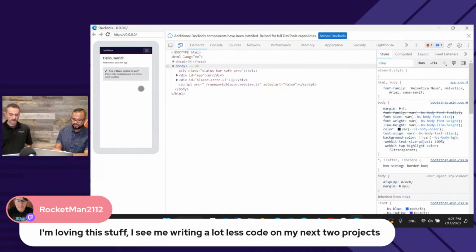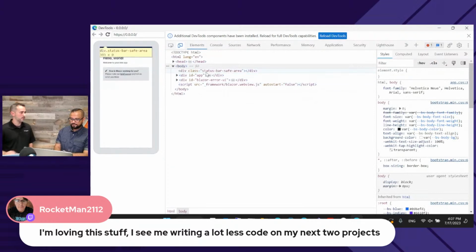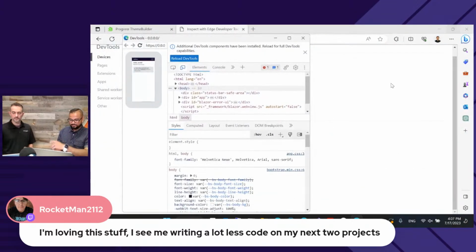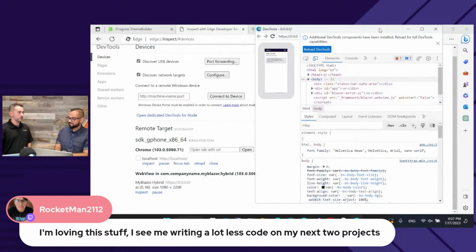A nice thing Edge has: if there's that yellow banner at the bottom of the screen, you can jump in there and hit the console. Notice I do have a 404 for a favicon missing in there, which there isn't a use for in this, so it doesn't matter. But if you had a JavaScript error or something, this is where you would debug that. And you could also traverse the DOM elements and see what's being rendered. It's all web, HTML, CSS, JavaScript, just running inside of a native simulator or desktop in this case. That is really cool, being able to do that.